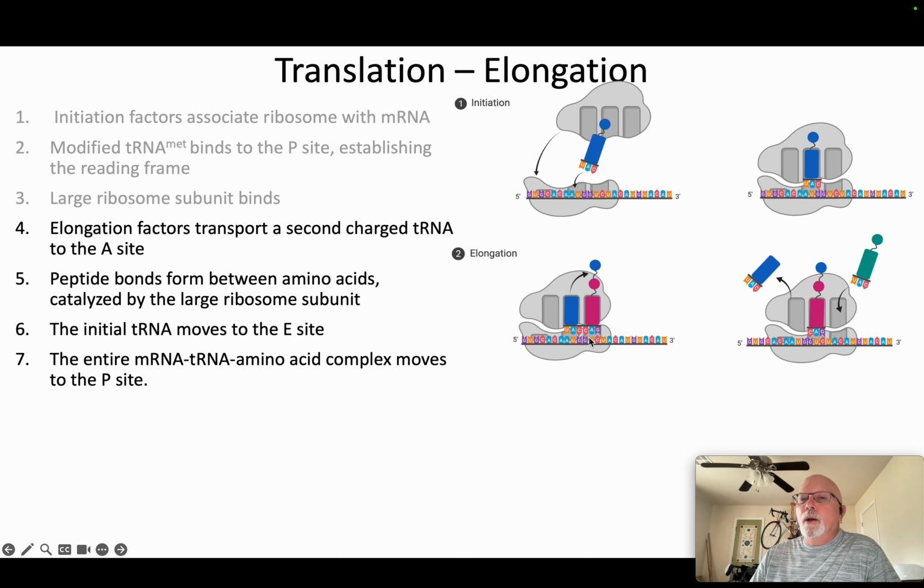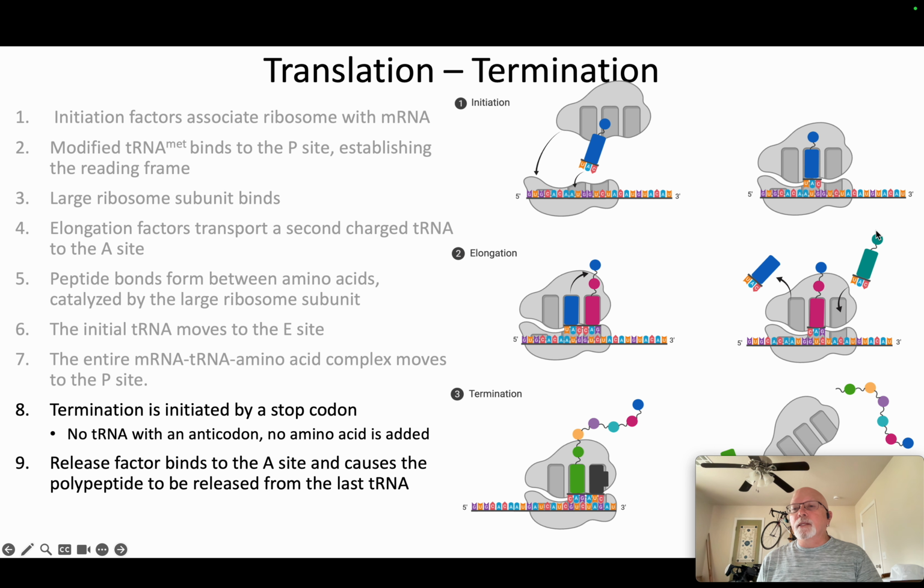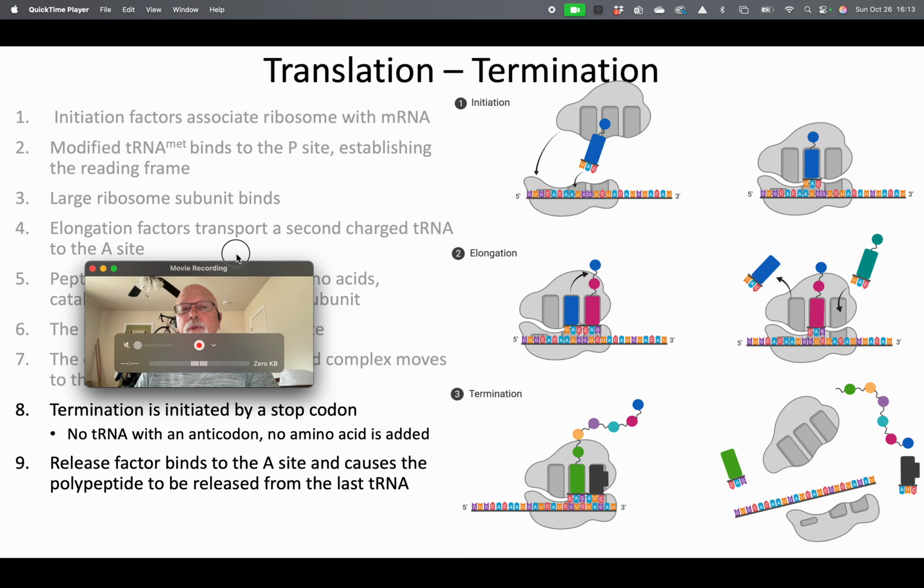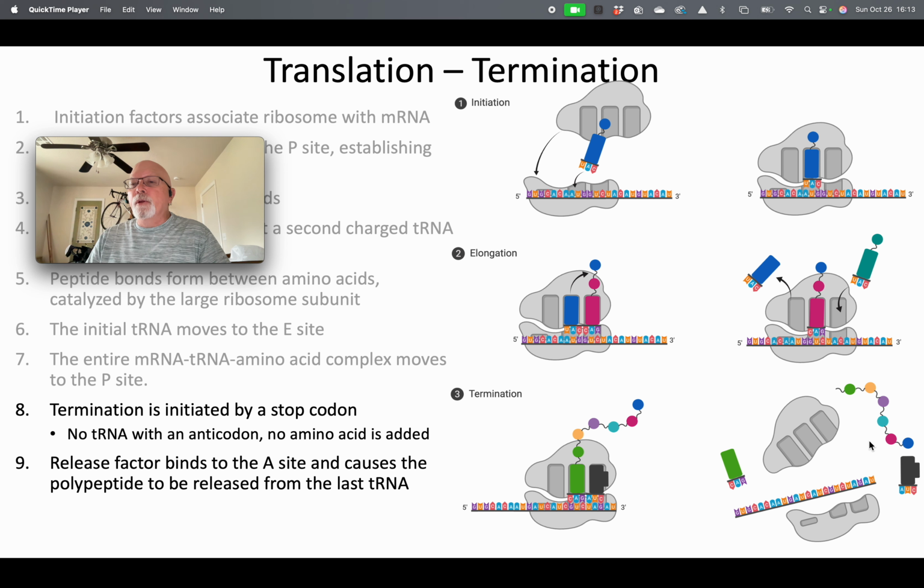It will complementary base pair with the next codon, and that methionine will be bonded to whatever amino acid is there. Once that has happened, this whole thing shifts down 1 codon such that the original transfer RNA molecule moves to this site, the E site, which gets ejected. This transfer RNA molecule that was in the A site is now in the P site, and a new transfer RNA molecule comes in to the A site so that you can bond the pink amino acid to the green amino acid. And this continues on and on and on until you've built an amino acid sequence, and then the